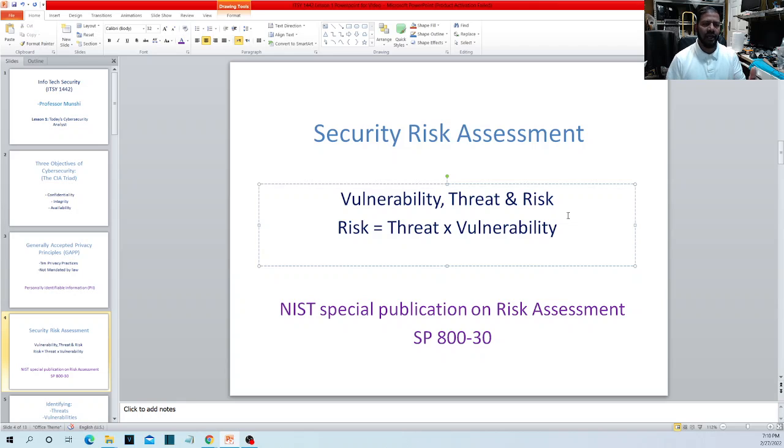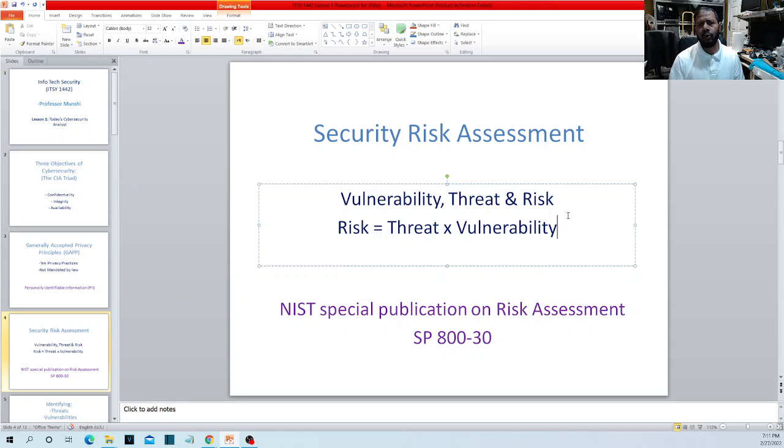If you have a door at your home, and that door does not lock properly or does not have a strong enough lock, that could be a vulnerability. If you are going outside and it's raining and you don't have an umbrella, you don't have a car, then that could be a vulnerability for you. You don't have the protection. So vulnerability means weakness. If you have a computer and you don't have antivirus software on it, your computer is not password protected, or you have a very weak password, those will be vulnerabilities in information security.